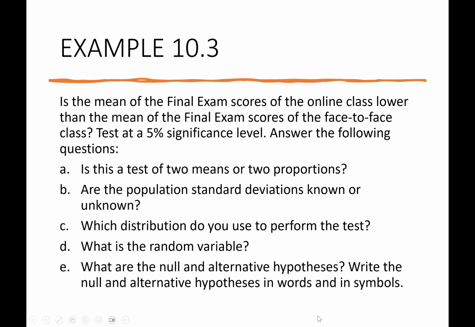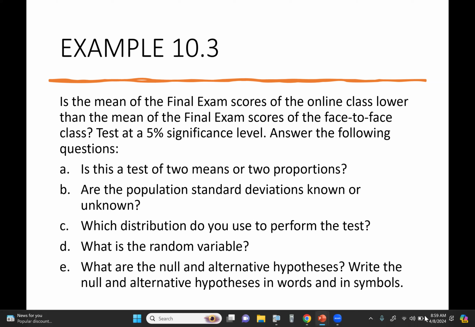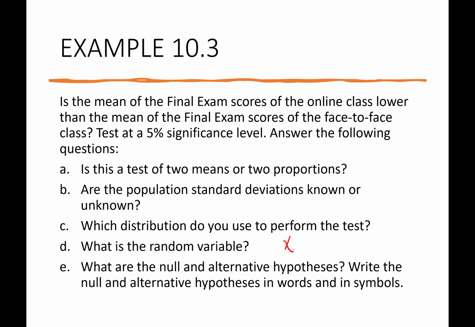Well, the random variable is the difference in the means of the online and the face-to-face. So it would be X bar of the online minus X bar of the face-to-face, using O for online and